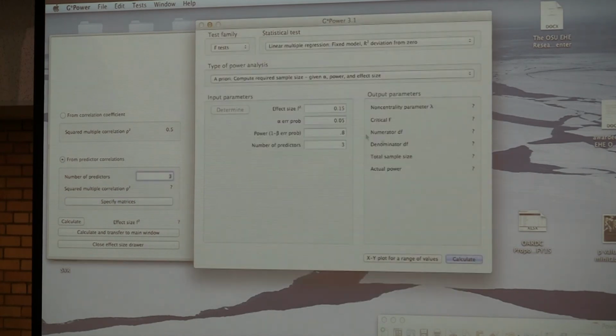I don't have an example correlation matrix prepared, but if that's the only information you have, that's how you would use the correlation matrix. We're going to go with calculating effect size from the squared multiple correlation, and so we'll base this on maybe a previous study that had an r² of 0.2,